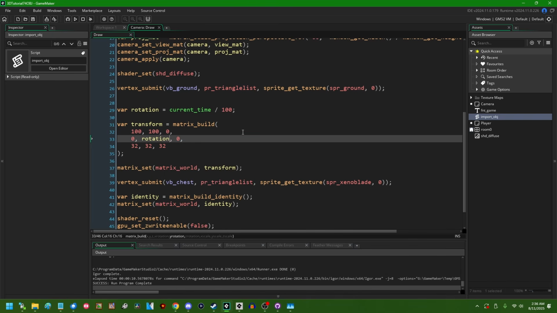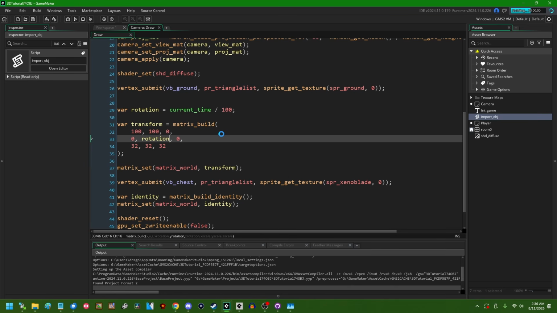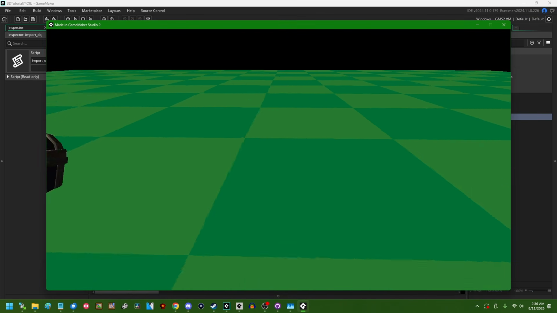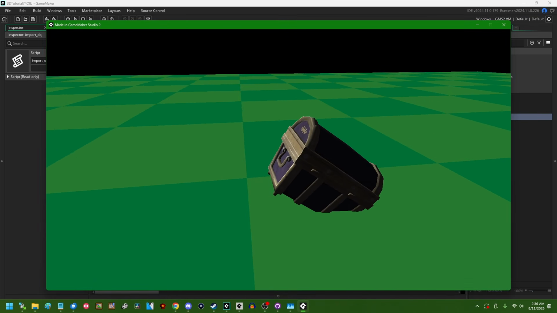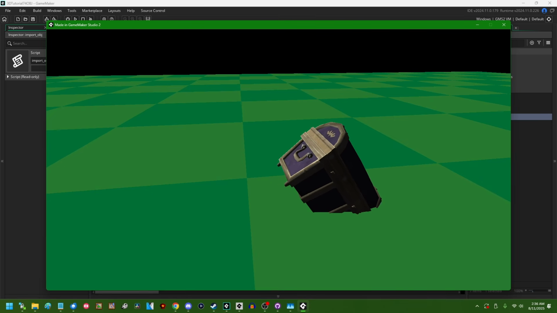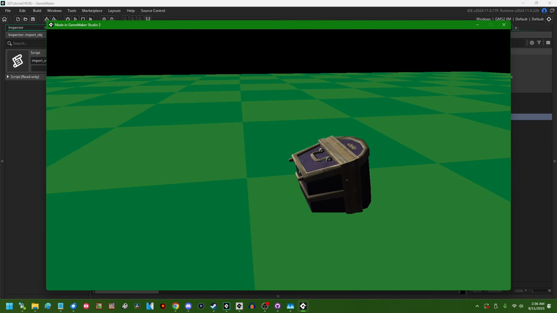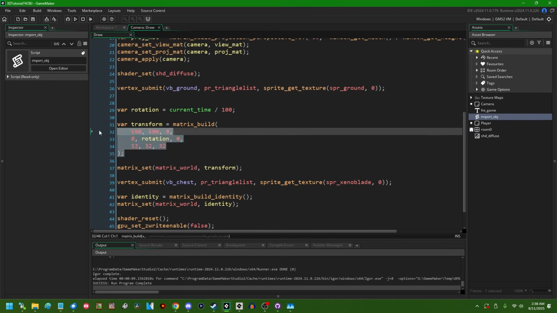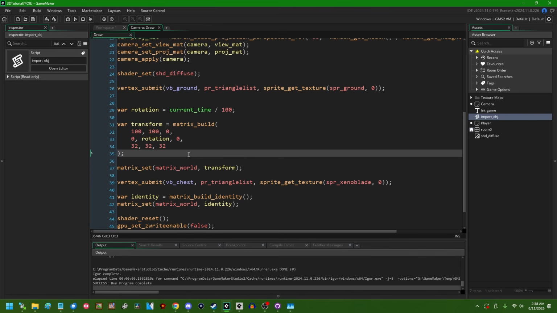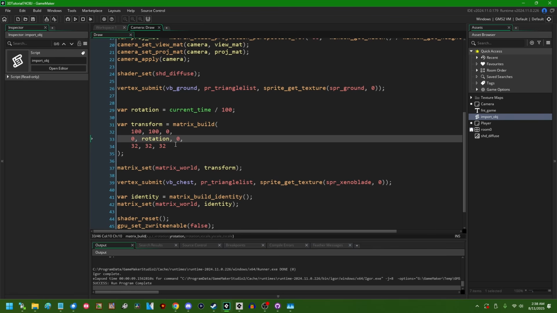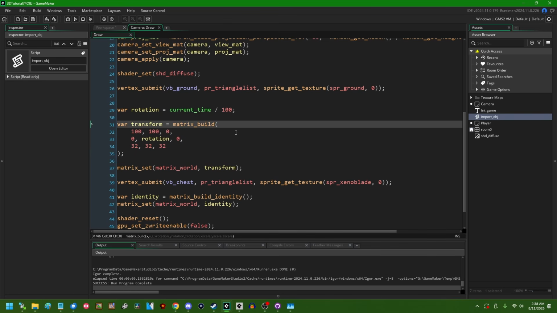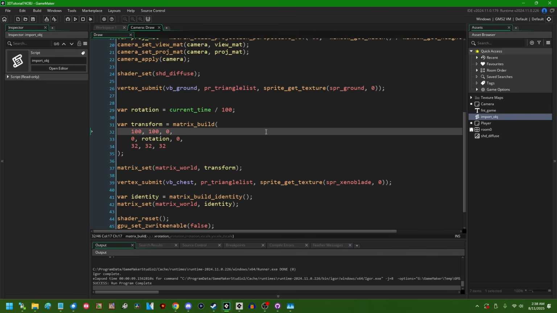It's the number of milliseconds that have passed since the game started, and you can use that for some exciting timing related things. So for example, having this treasure chest just rotate slowly on the spot, and we can see that our transformation is being updated in real time here. So if you want to include your translation, your rotation, and your scale all in the same matrix build function like this, you're allowed to, and generally you can get away with it, but